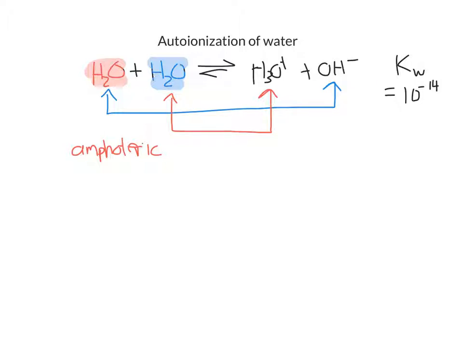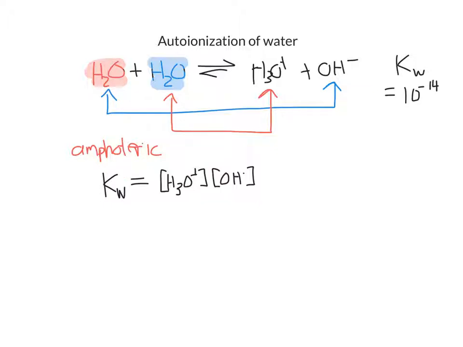Notice that the equilibrium expression for Kw is based on this reaction. And water is a pure substance in this reaction, so it has an activity of 1. And so the equilibrium constant expression is just going to be the concentration of H3O plus times the concentration of OH minus. And because that product must always equal 10 to the minus 14, it equals a constant, we can